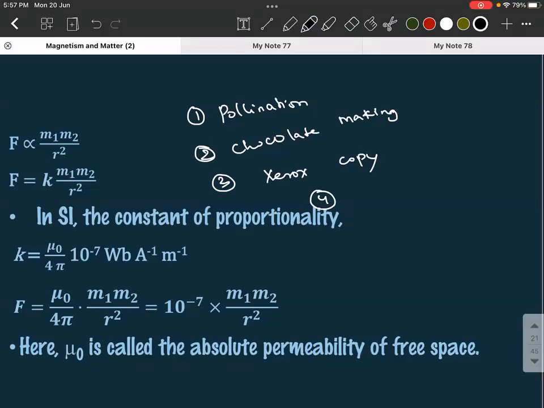What is the fourth option? It says all of the above. That could also be possible, because when you talk about chocolate making,